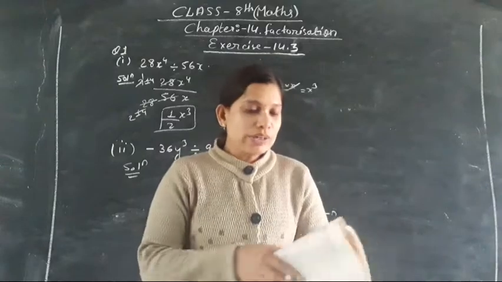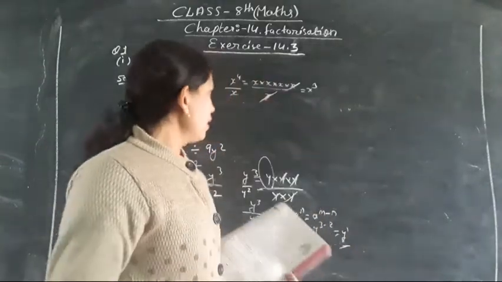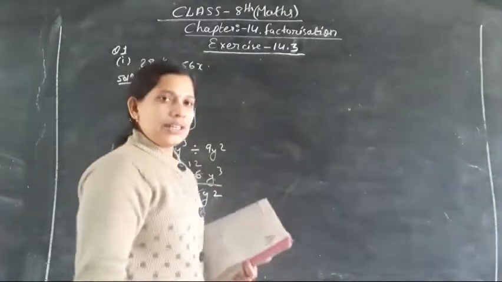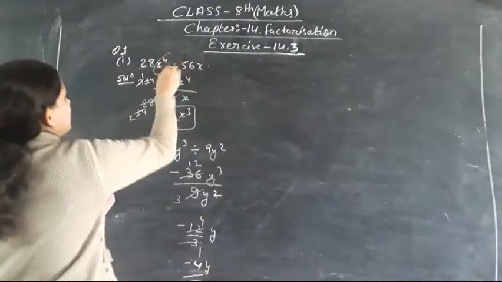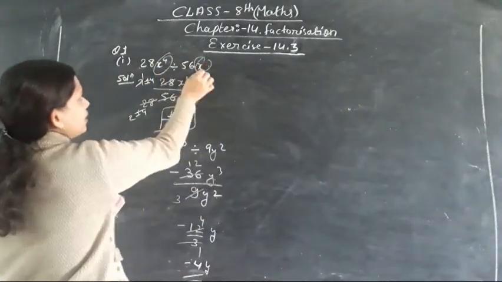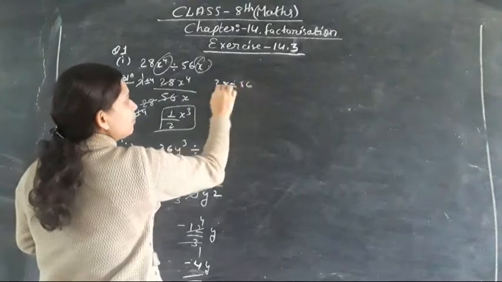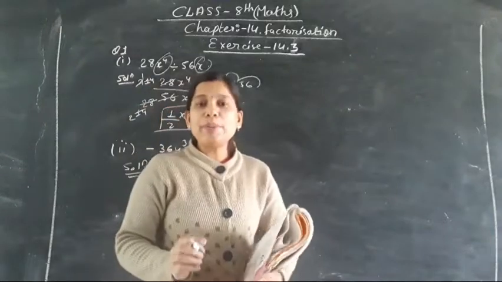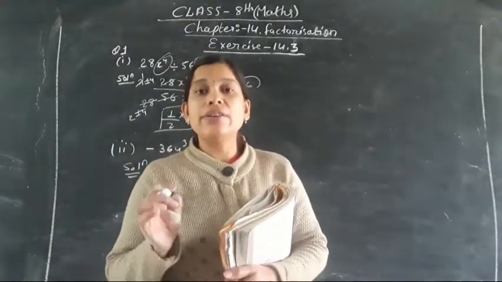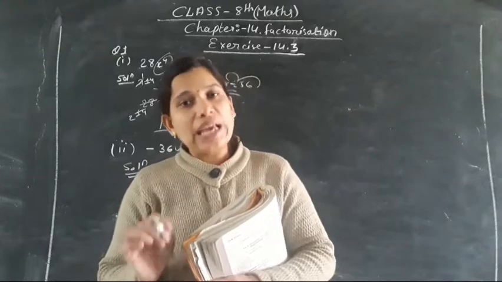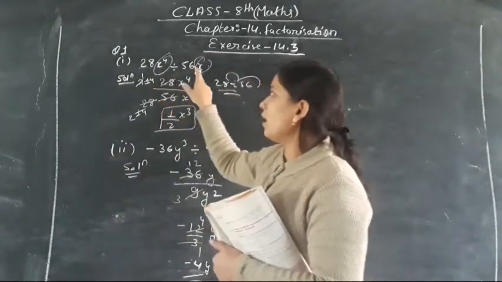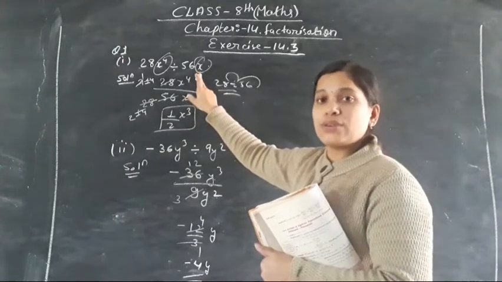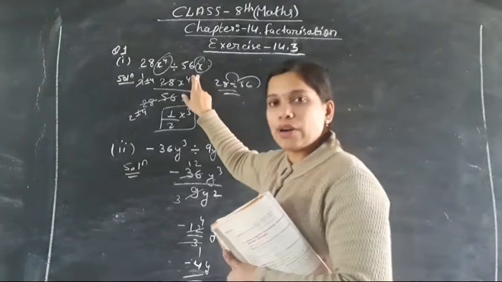Clear? Moving toward the next question, the third one of the same. Have you understood up to here? A simple division is given. While seeing the number, if I hide this x, then 28 divided by 56, it will be easy for you. When some alphabet is kept over here, you have to do it the same way. Remember that the same alphabet will get cancelled. If different alphabets are present, they will remain as it is. If here there is x to the power 4 and here y was there, it would not cancel; it would come in the answer as it is, in the form it is in the question. When does this happen? When a different alphabet is present there.